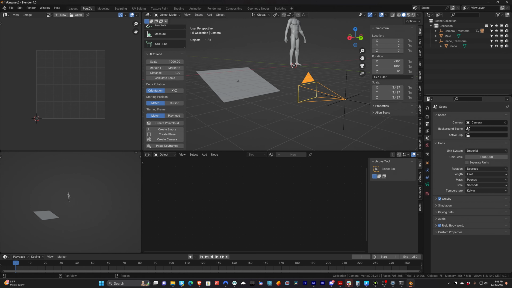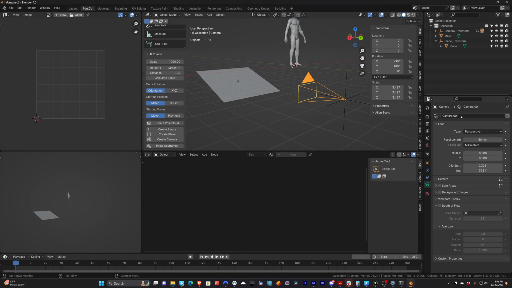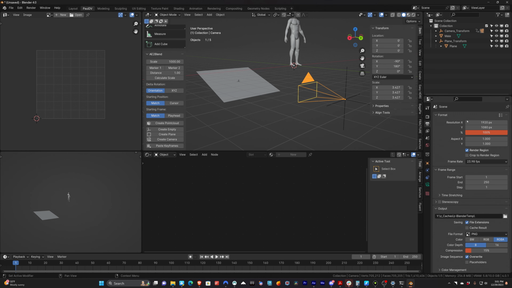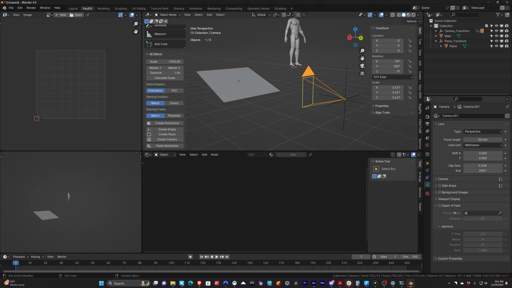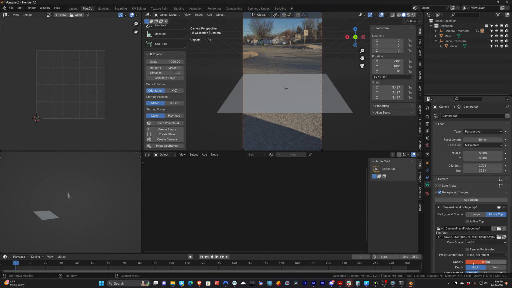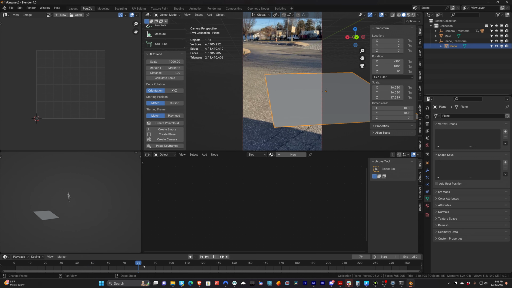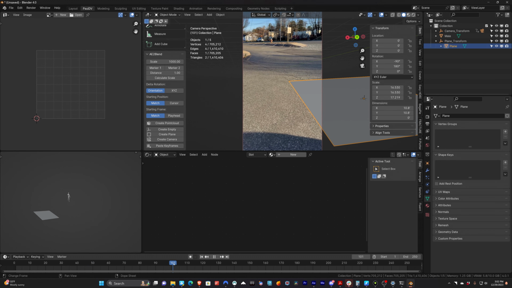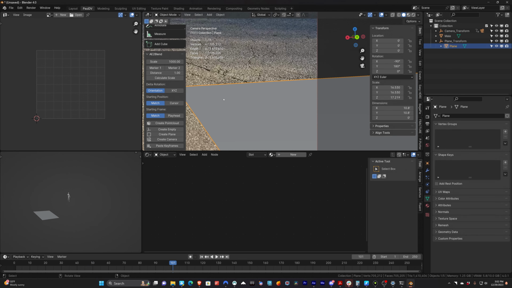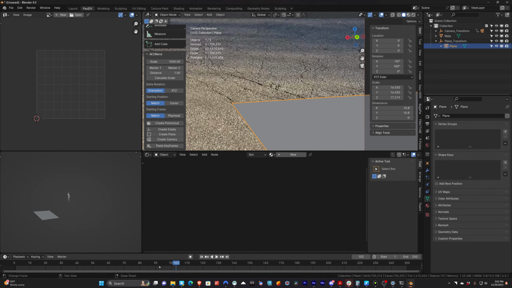So let's set up our footage inside the camera and see what this looks like. So I'm just going to change the settings here. So 1080 by 1920, switch the frame rate to 24, go into our camera settings, import the background movie clip. We'll go into the camera and we'll just change the opacity, bring that up to 1. I won't make it a shadow catcher yet. So as you can see here, this is still kind of messed up. It's kind of floating, as you can see here. If I just zoom in, you can see the plane looks like it's floating